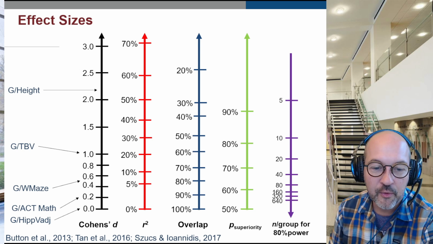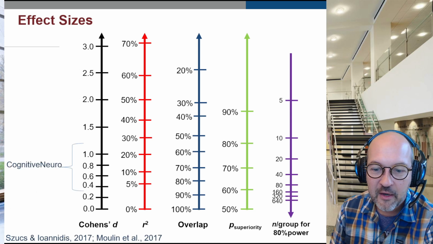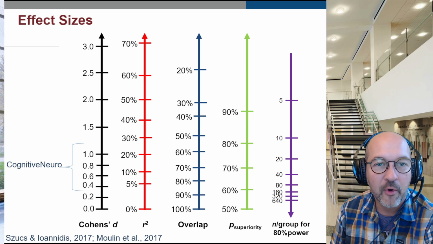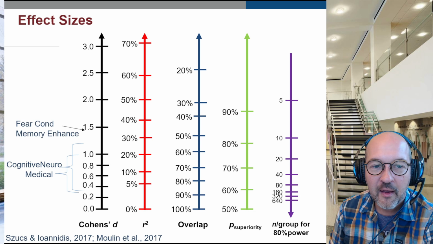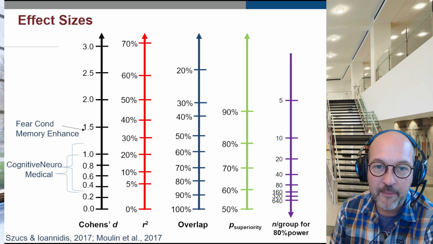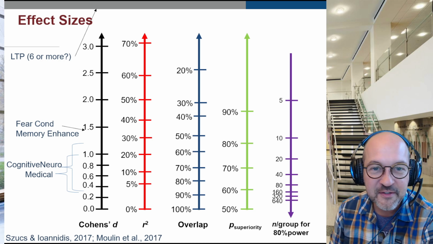Now, this is just an example. What I urge you to do is to complete this exercise in your own field of study. For example, here are some more effect sizes from my home field of neuroscience. A meta-analysis reporting the wide range of effect sizes that are typical in cognitive neuroscience and comparing them to those reported in the medical field. Fear conditioning, which is a very popular assay in neuroscience, has a very large effect size, but that's nothing compared to long-term potentiation, which has an effect size so enormous and so clear that we really don't need much statistical